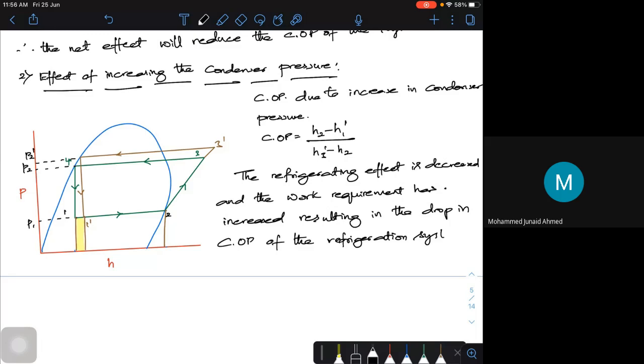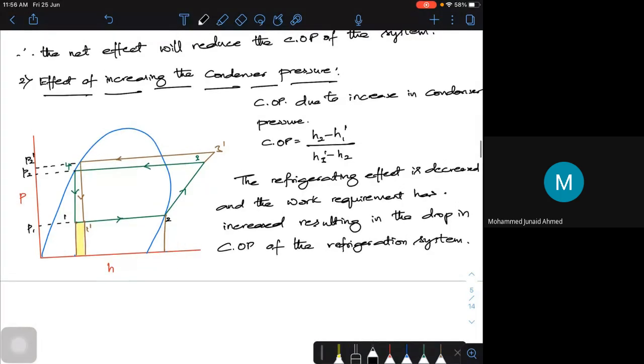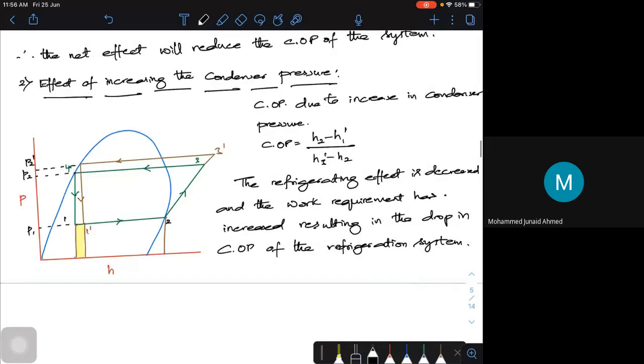So whether you increase the pressure on the condenser or decrease the pressure on the evaporator, the refrigerating effect will get reduced. Now overall, the COP also will get reduced. So what is the conclusion? Simply you can't decrease the pressure on the evaporator side and increase the pressure on the condenser side. It has to be done in an optimal way. It has to be optimized. So whether with respect to the condenser or the evaporator, it has to be done properly. Until it is properly done, it is some waste of energy, because you are doing more amount of work.